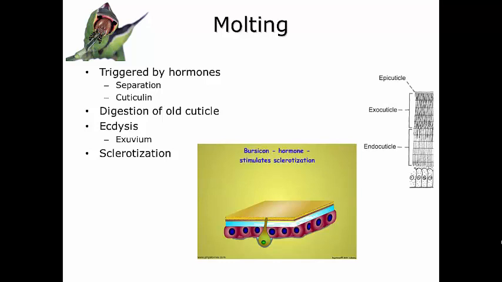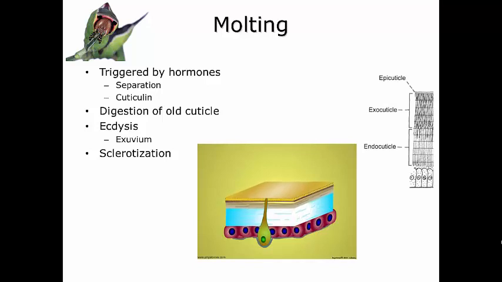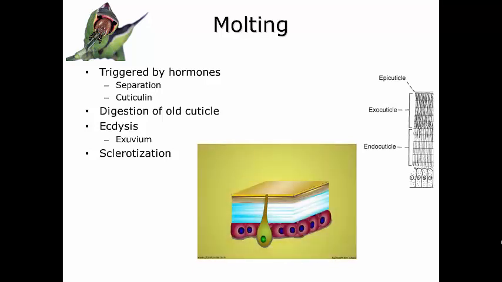Once the new cuticle is just about ready, then the insect moves on to ecdysis. Ecdysis is the actual shedding of the old exoskeleton. So this begins when the old cuticle splits along the dorsal midline, and it splits because the insect will take in all this excess air through its trachea, and it'll expand with a whole bunch of hemolymph pressure. So then the insect's going to split open its old exoskeleton, and it's going to wiggle its way out of